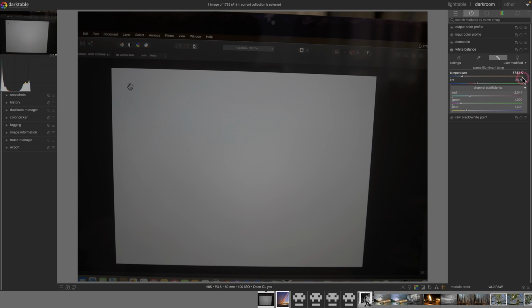And then you need to measure with this select from area and just draw an area in the middle of the screen, and you'll see the channel coefficients on the right hand side in the white balance module slightly change when you do that. If I put them back again,